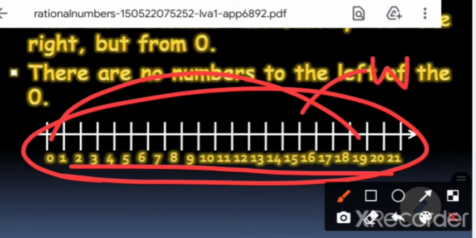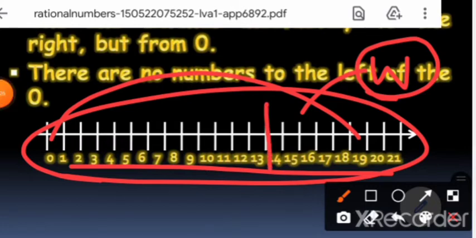Everything on the right side of zero is a whole number. And on the left side of zero, it's not a whole number, it's a negative number, an integer. So we represent only the positive numbers starting with zero, so all of these are whole numbers. If we take the number 14, it is 14, a representation of any number on the number line.